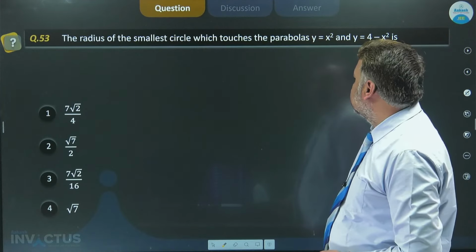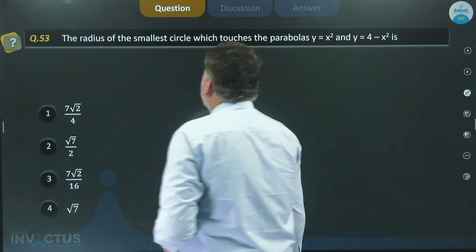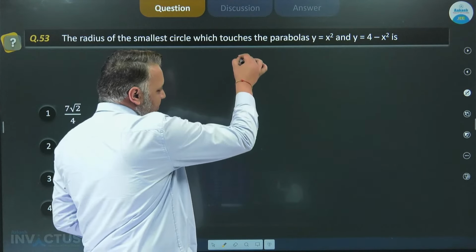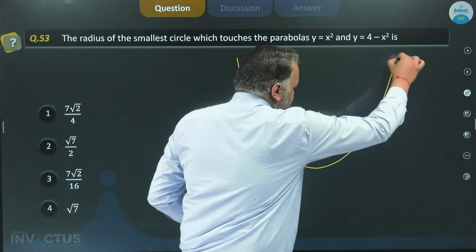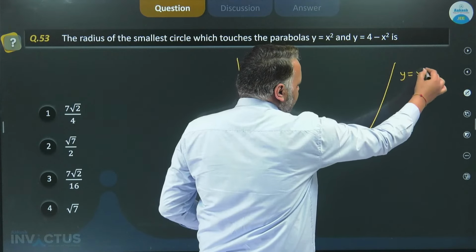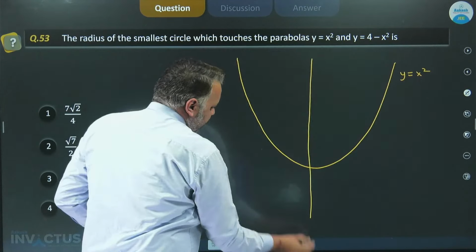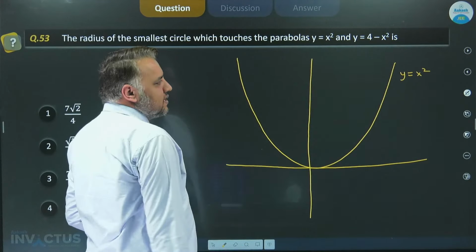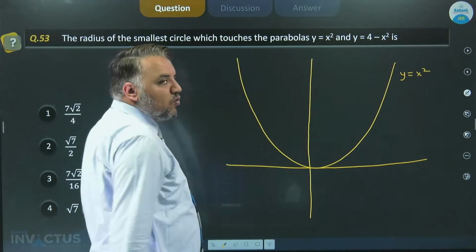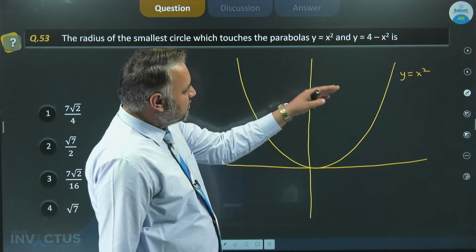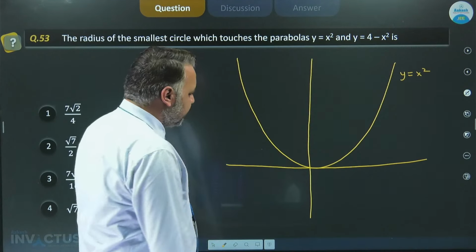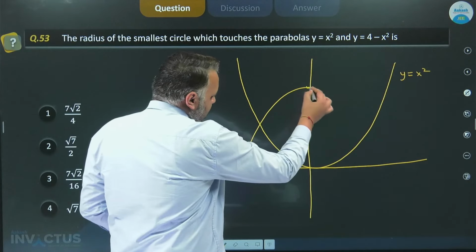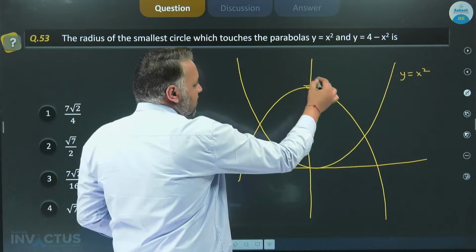Moving on to the next question. We have to find the radius of the smallest circle which touches both the parabolas. If we plot these parabolas, the first parabola is y equals x square, something like this. The vertex will be at (0, 0). The second parabola is a downward parabola. Both parabolas are equal, so if you observe, the length of the latus rectum will be the same. So the second parabola will be something like this, whose vertex will be at (0,